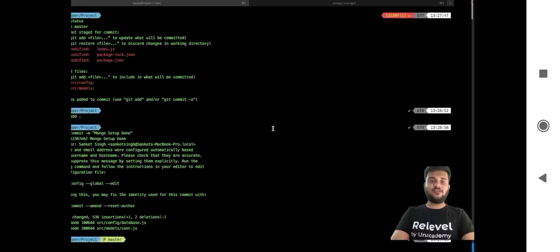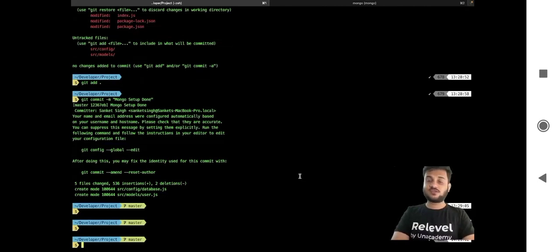So before we actually start, we need to set up a few packages that are going to actually help us in order to set up the whole project. Right. So we'll use npm in order to do this. So first of all, we need bcrypt. So npm install